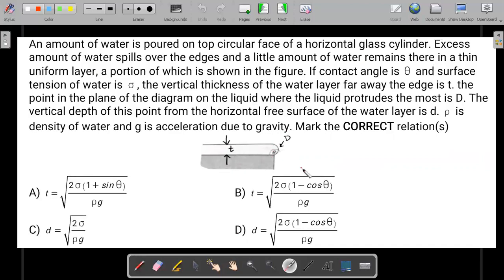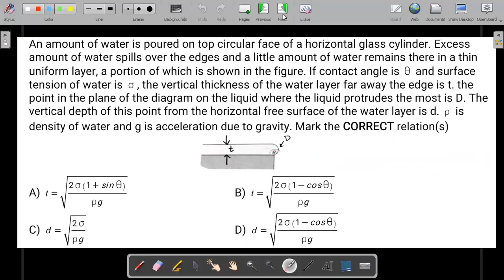Okay, so just give it a try, pause the video, right? Those who have already solved this question from surface tension in Pathfinder, I would urge you that the small d concept is not part of it, so that has been added in this particular question. Okay, so pause the video, try it out, and here's the solution.